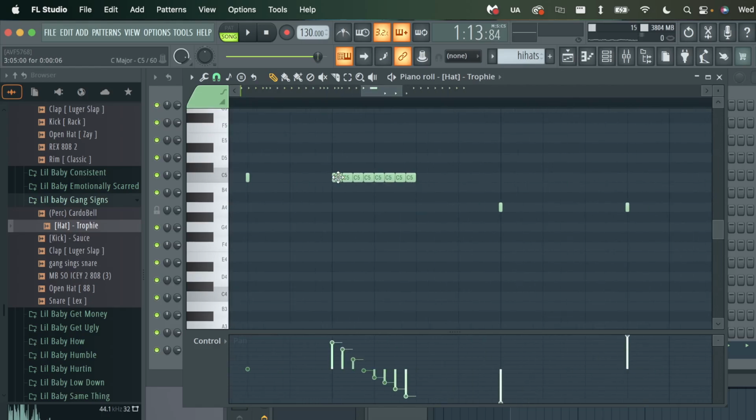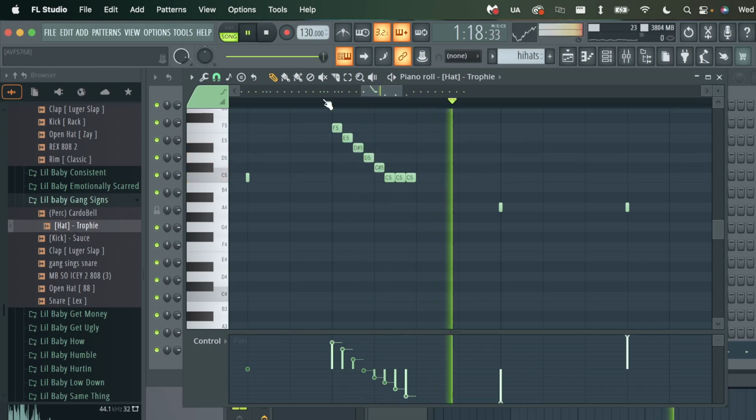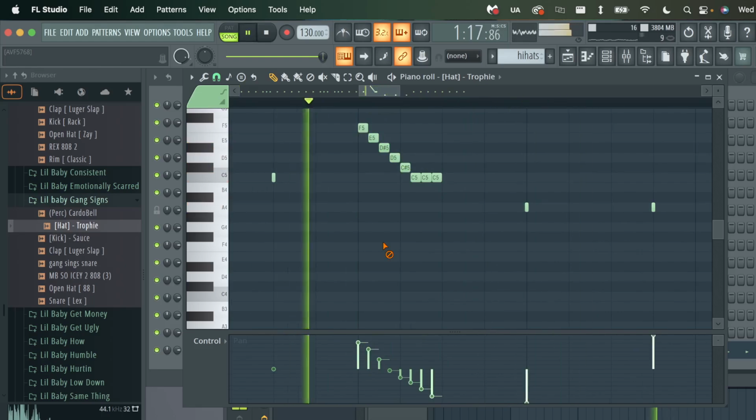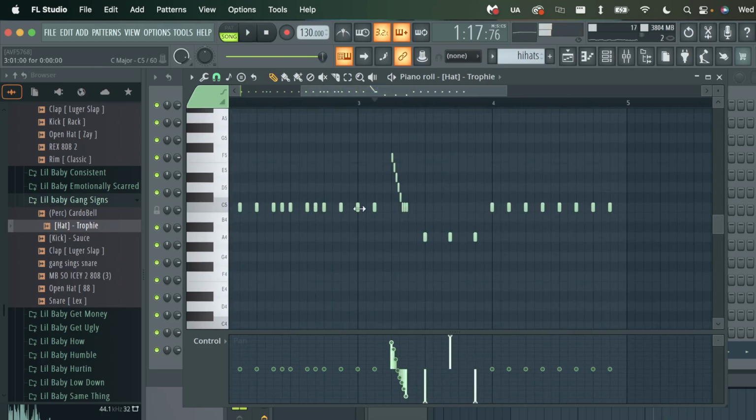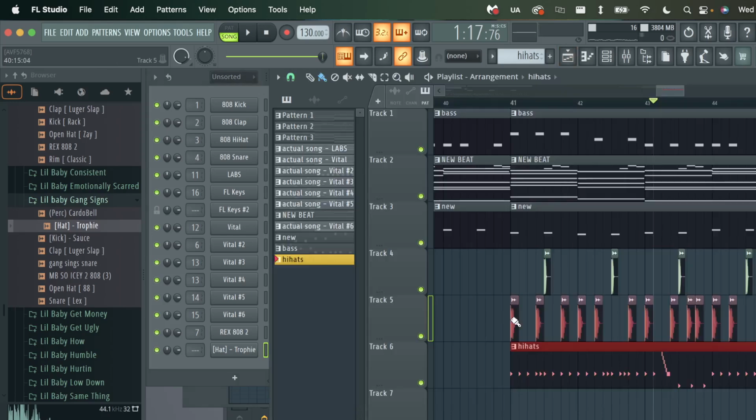You can also even edit the pitch of this. So you make it start a bit higher and then it'll go a bit lower. Really cool, right? And that's super, super simple. Okay, so